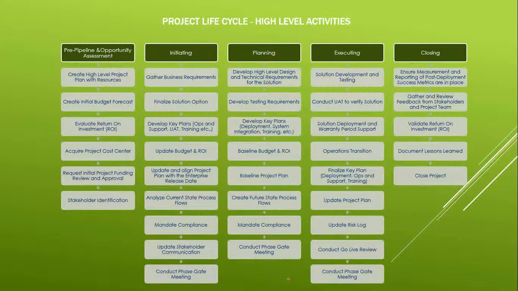Now this is exactly the diagram where you are going to understand how this is done. Do you understand which part of the project life cycle you are in right now? This is going to help you understand where exactly you belong if you are joining the project in between the phases. So you have pipeline and opportunity assessment, if you are lucky enough to join it, but there is not much work for you. The BA will not be here.